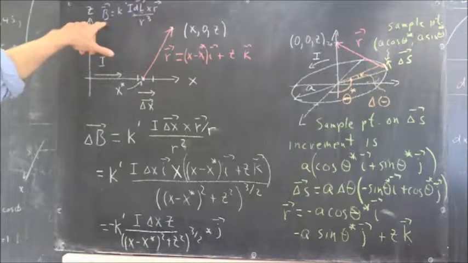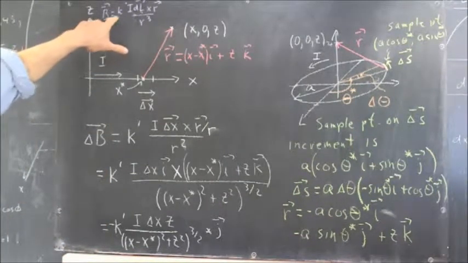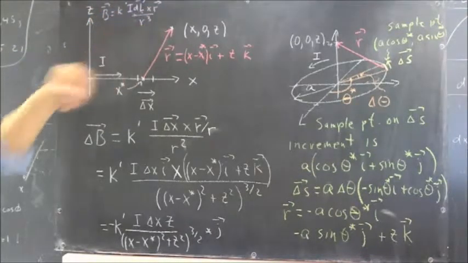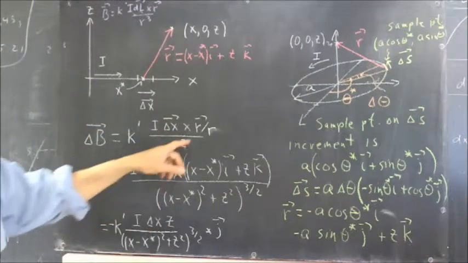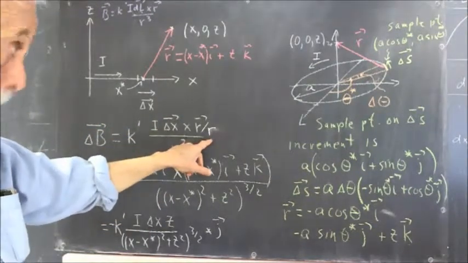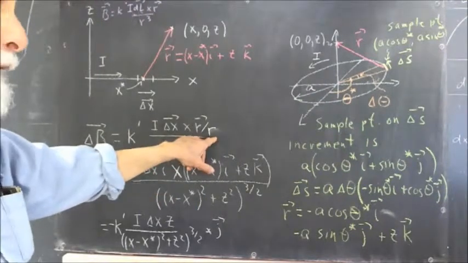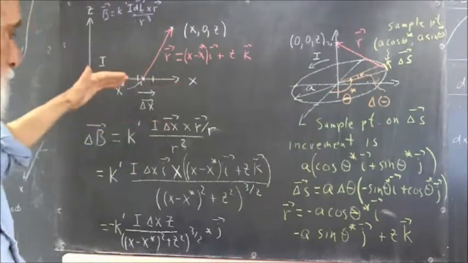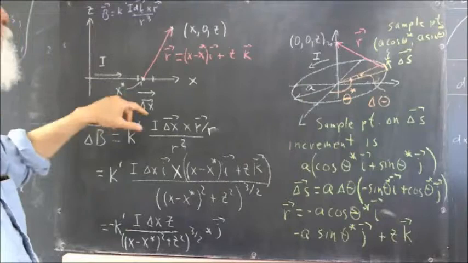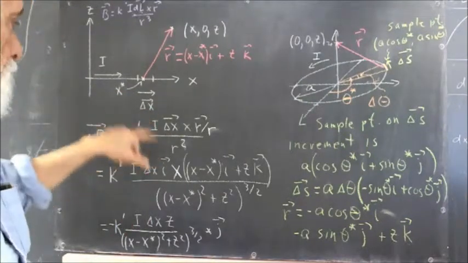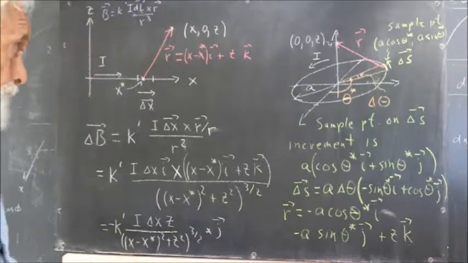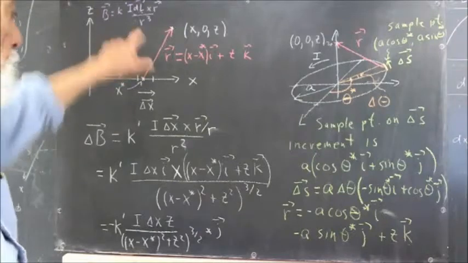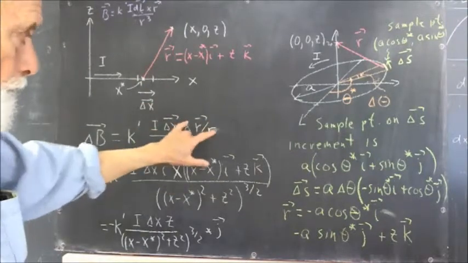separately. Now we do have the fact that the magnetic field is K prime times I dl cross R over R cubed. Now I prefer to write that as I wrote it here with the R vector over the magnitude of R, to emphasize this is a unit vector that's being crossed with the vector indicating the current distance product. Okay, and then the inverse square here. But of course, this R can go with this R to give us an R cubed. So sometimes we'll use this, but usually I like to write it like this, again,